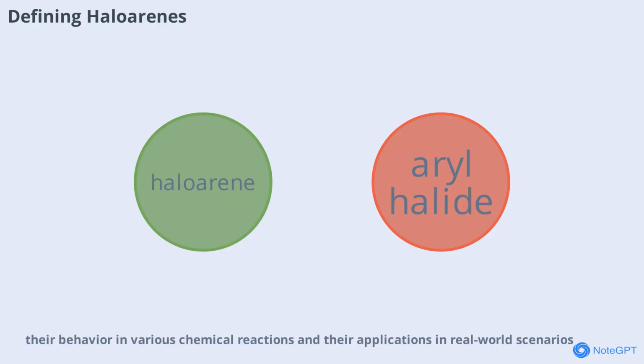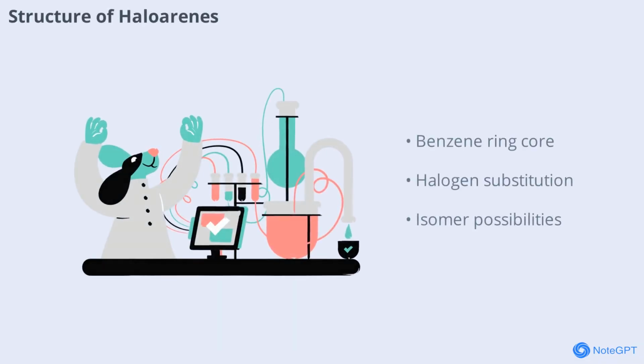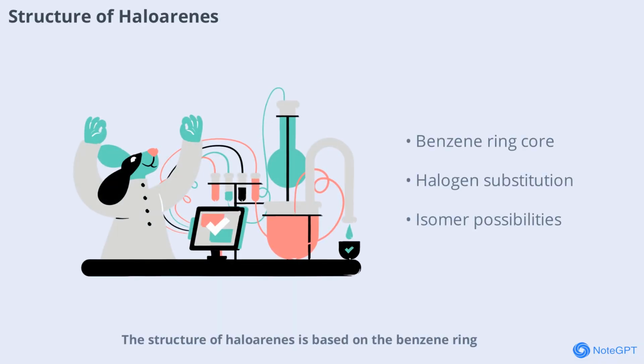in real-world scenarios. The structure of haloarenes is based on the benzene ring, a 6-carbon aromatic system with one or more hydrogens replaced by halogen atoms. The halogen atom is directly bonded to the aromatic ring, which influences the electronic distribution within the molecule. This structural arrangement affects both the physical properties, such as boiling and melting points, and the chemical reactivity of the compound. The position of the halogen on the ring can also lead to different isomers, each with its own set